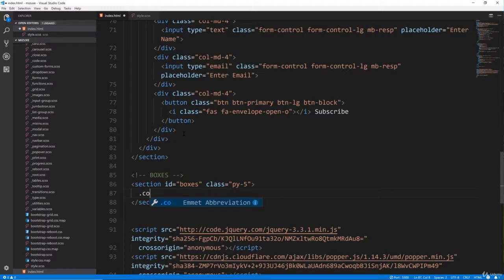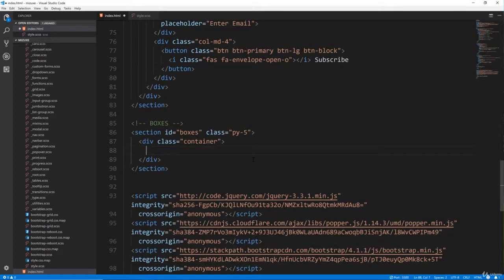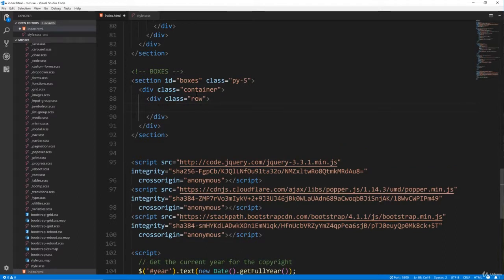And then we're going to have a container because we want everything to be put in the middle, at least the boxes themselves. And then we're going to use the grid for this. So we want a row, and we're going to do basically 4 3-column divs for anything that's medium and above. So let's do col-md-3,